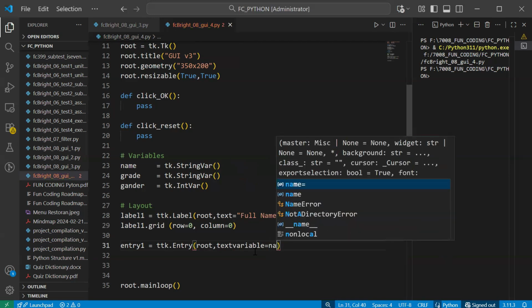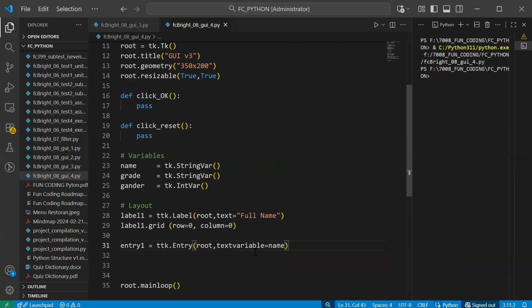Maybe name is the variable. So any time you call this component and you type, let's say, Indonesia, the text variable will be Indonesia. Or you type Johnny, then the variable name has the value Johnny.